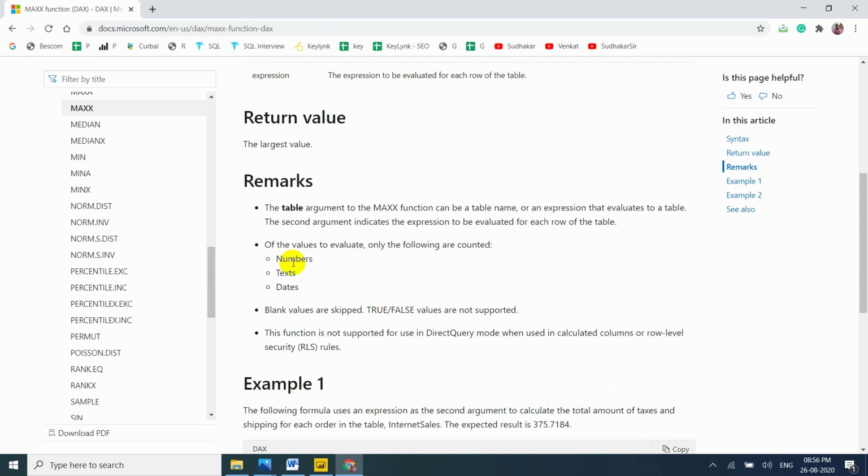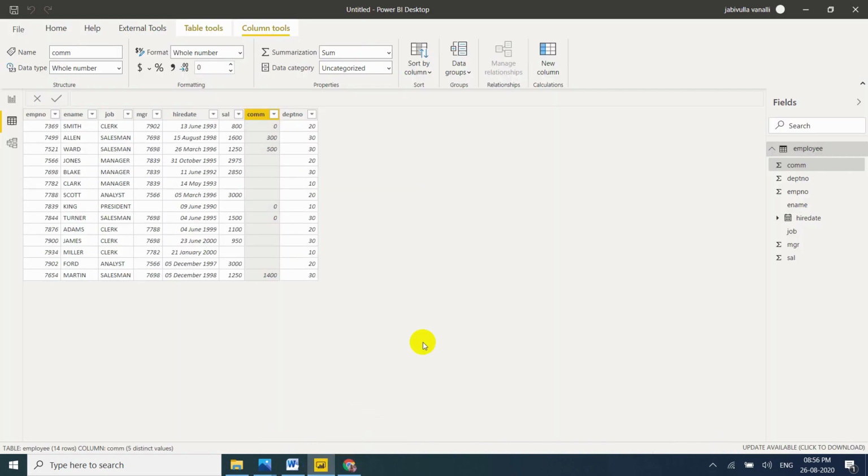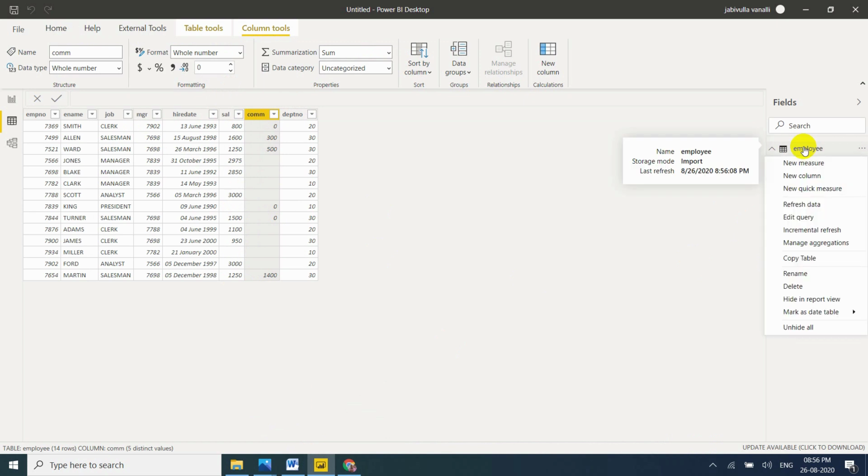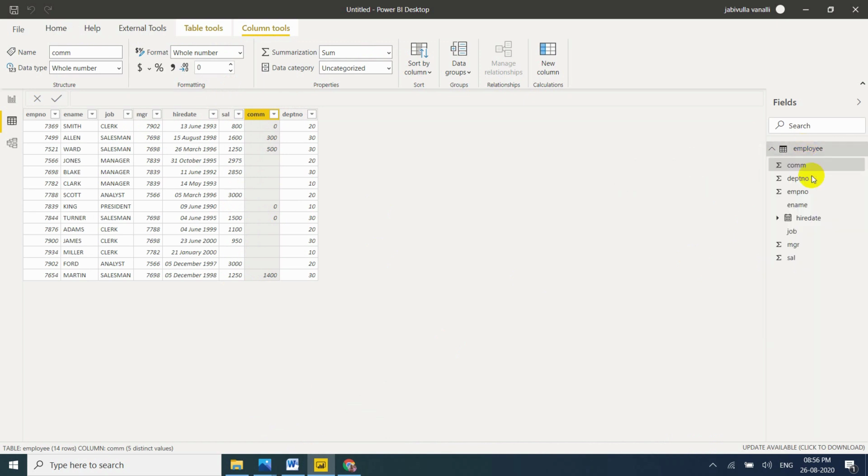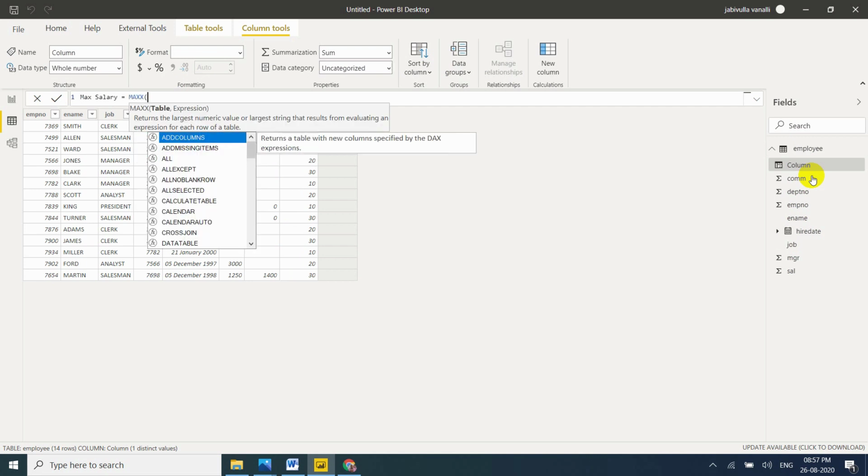First I want to go for numbers: the maximum salary from the salary column. Take a new column, Max Salary equal to MAXX.